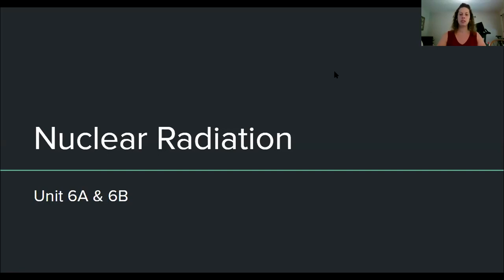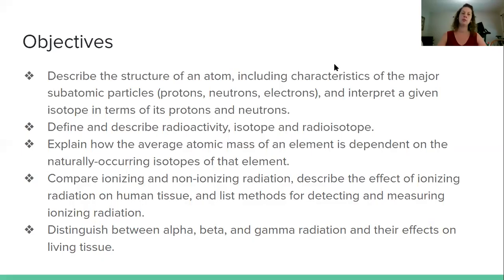Today our focus is going to be a review of the structure of the atom, so what that means for protons, neutrons, and electrons, a review of isotopes, and then relating that to radioactivity and what is a radioisotope. We're going to look at average atomic mass. We're going to compare ionizing and non-ionizing radiation and the effects and how we use that for detecting and measuring ionizing radiation. And we're going to look at the difference between alpha, beta, and gamma radiation and their effects on